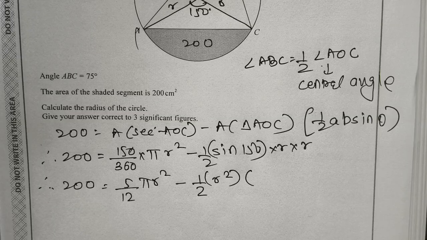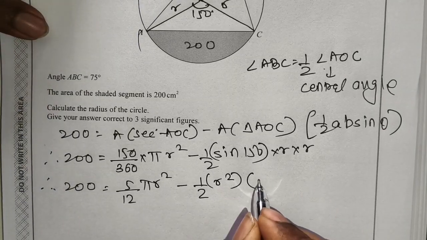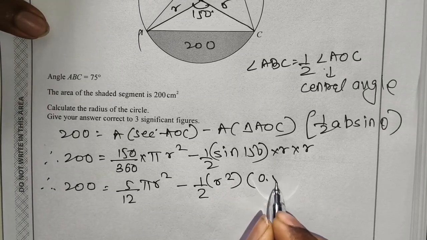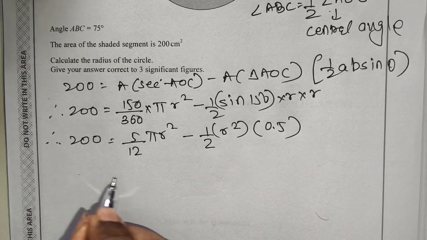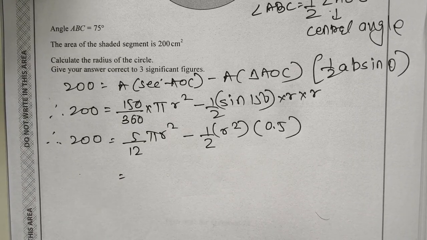Sine 150 is 0.5. Correct? So sine 150 is 0.5. Okay. So what we should do is, let's solve 5 by 12 into